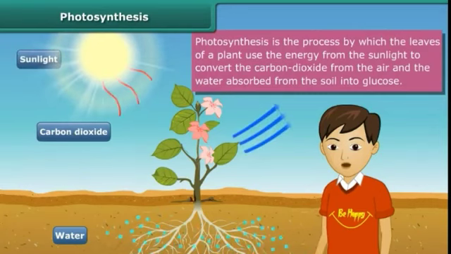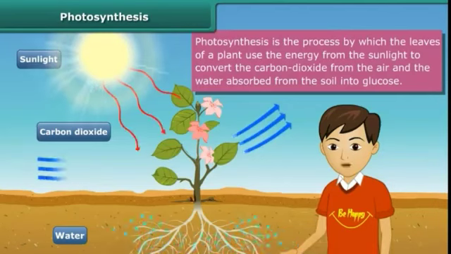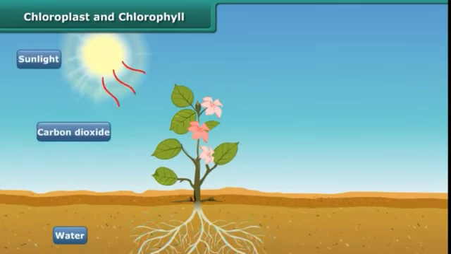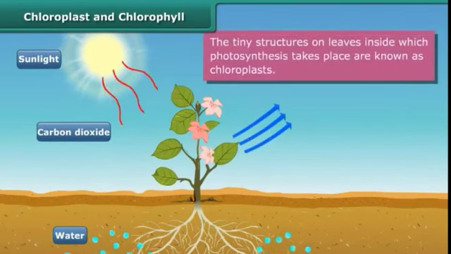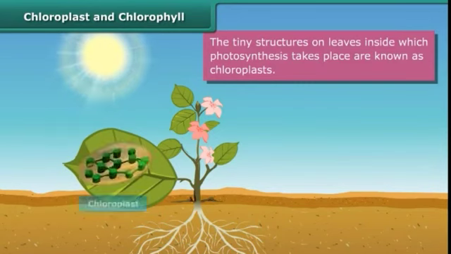Plants generally take carbon dioxide from the air, water from the roots and sunlight from the atmosphere. Using these, they prepare their food as glucose and release oxygen into the atmosphere along with minute water vapor. So, the food prepared by the plants is glucose. This glucose generally becomes starch. Once again, water is absorbed by roots, CO2 is taken from the atmosphere, sunlight is taken from the atmosphere and food is prepared.